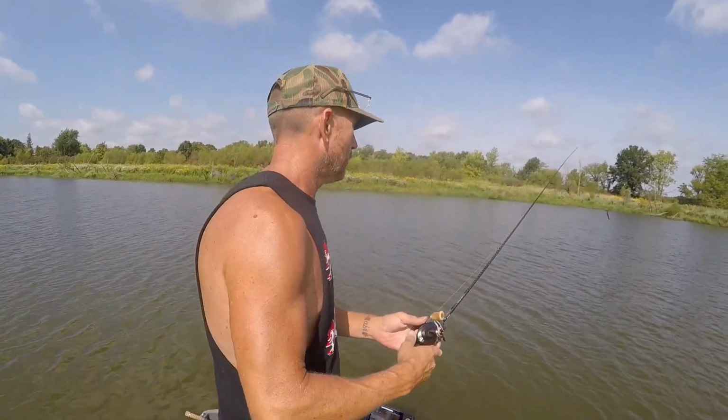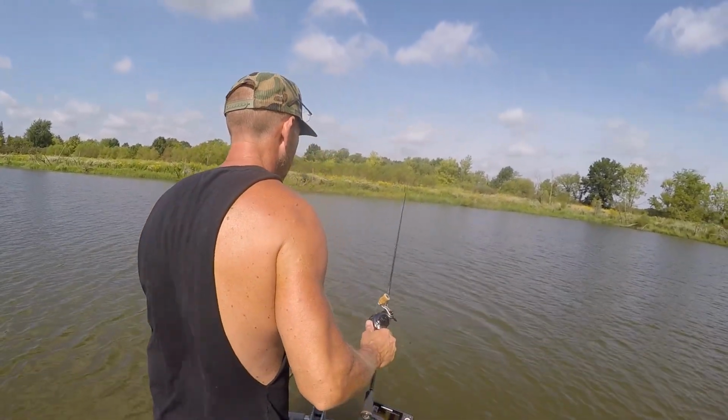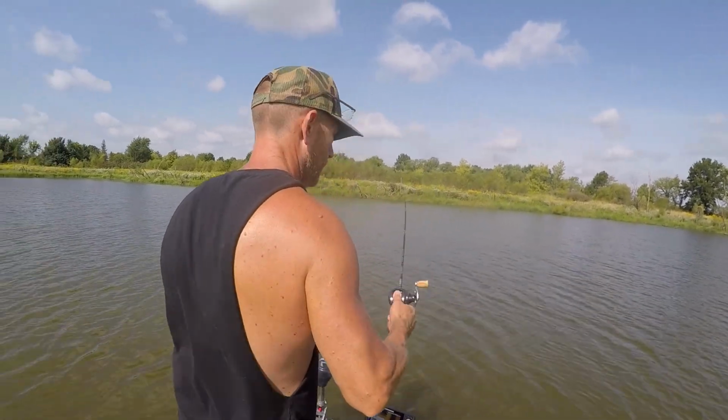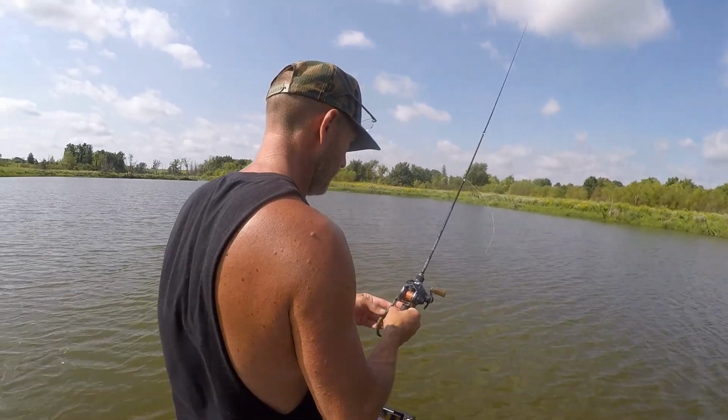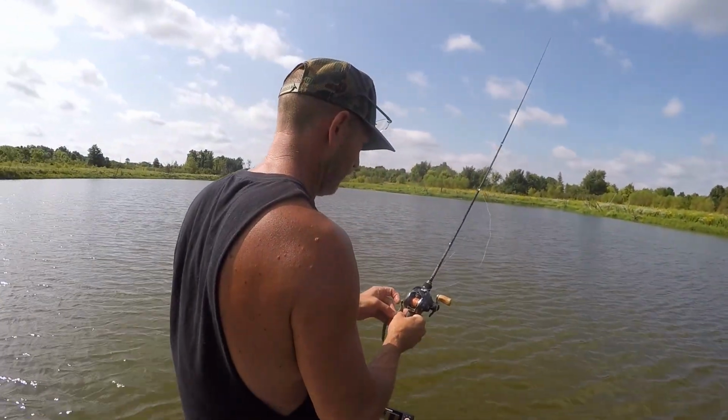That reel, I almost had the drag too tight, but it's set just about right. I tightened it up from when it was on that smaller, lighter rod. I'm going to leave it right there. I think it's about perfect for 10 pound